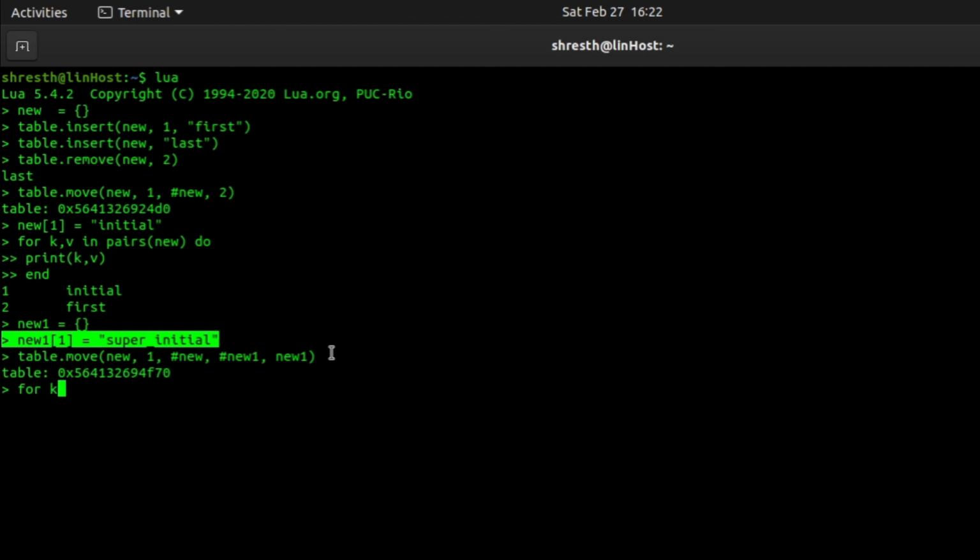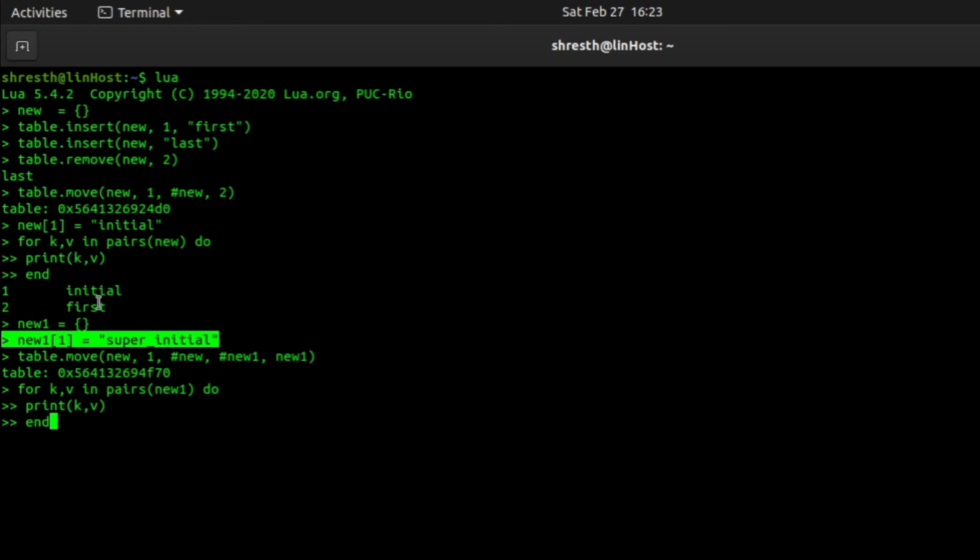Now if I do for kv in pairs new1 do print kv, and press enter, I'll get all the elements from table 2, which is new1, and after that I'll get all the elements from the old table, which is new.